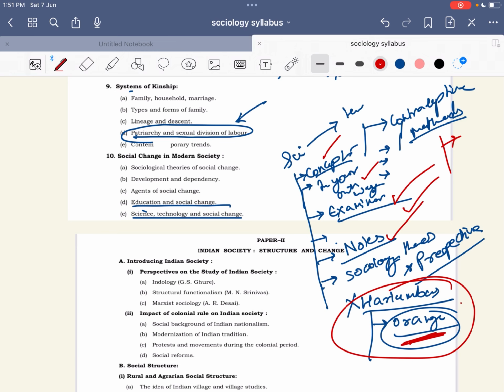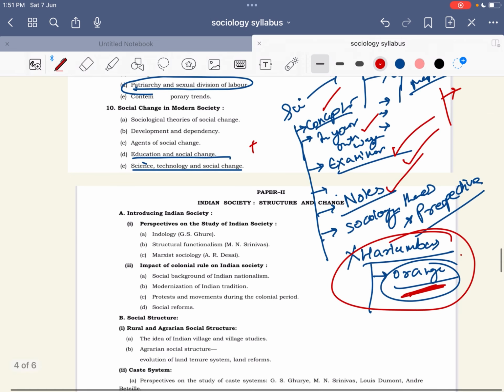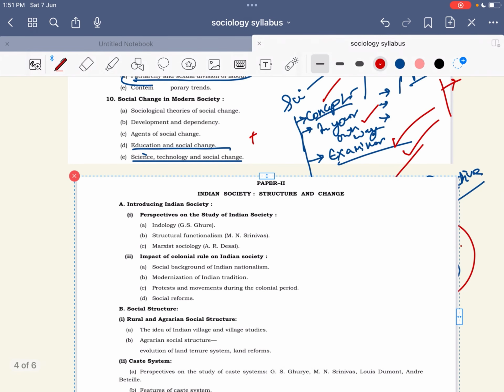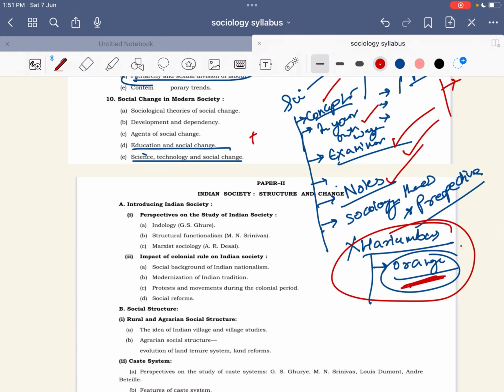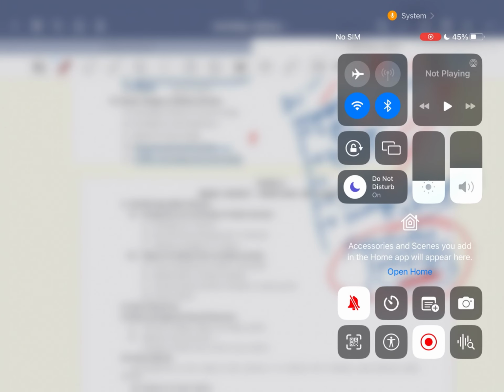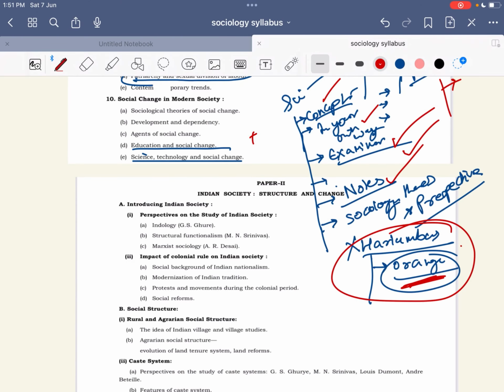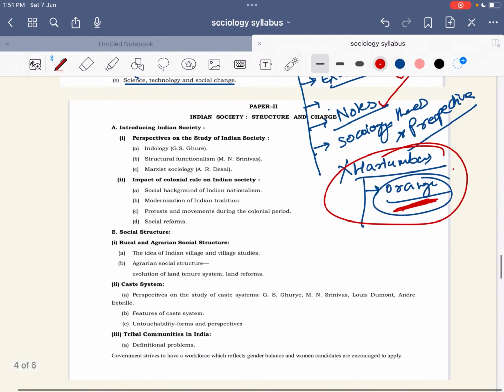और ये ऑरेंज कलर की जो हरलम्बस है ये आपके पास होनी ही चाहिए. और सबसे इम्पोर्टेंट बात, आपके पास सिलेबस हमेशा होना चाहिए. अंडरस्टैंड. तो इस तरीके से हमारा ये सोशियोलॉजी पेपर 1 का हमने डिस्कस कर लिया है. तो अभी हम सोशियोलॉजी पेपर 2 की तरफ चलेंगे. ओके, सो सोशियोलॉजी पेपर 2.